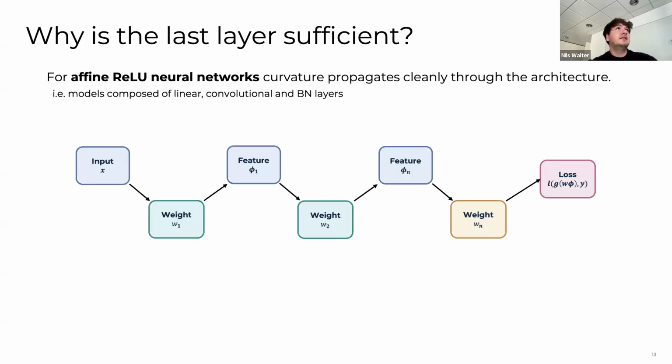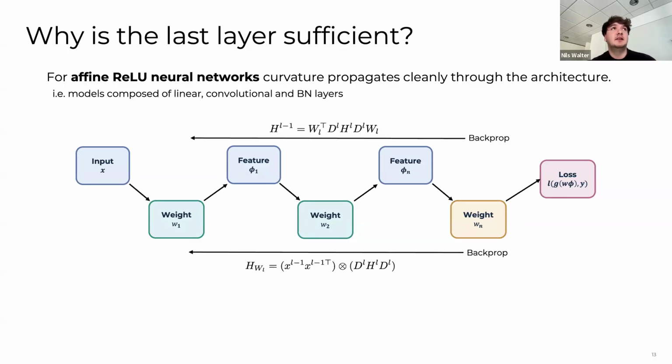Now, why is the last layer sufficient, given that we only measure the curvature in the last layer? So we only consider here affine ReLU networks, and intuitively, the curvature should propagate very cleanly through the network, because the only thing that induces any curvature is the loss. I mean, if you have ReLU activations, there's not much curvature going on. You have only affine transformations. They have no second derivative, so also nothing there,